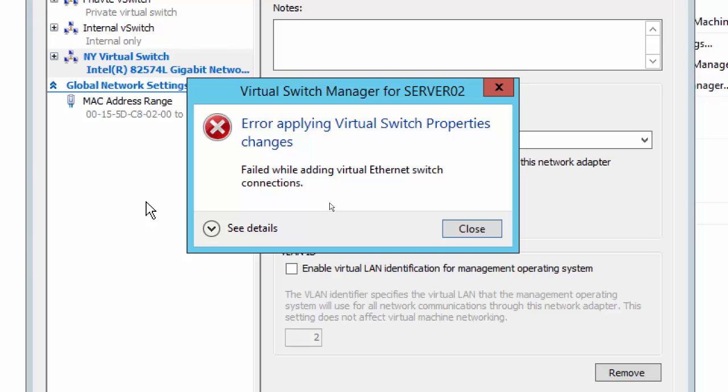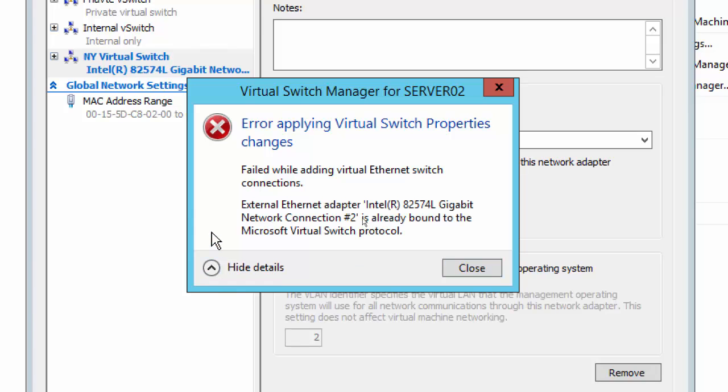Capiche? Like this. So it failed while adding the virtual switch. There is a reason for that. The external Ethernet adapter, Intel gigabit, is already bound to the Microsoft Virtual Switch protocol. We need to first delete this physical network card, and then attach it to our external switch. It is already bound to the Hyper-V Microsoft protocol. So it is already connected to the whole Hyper-V